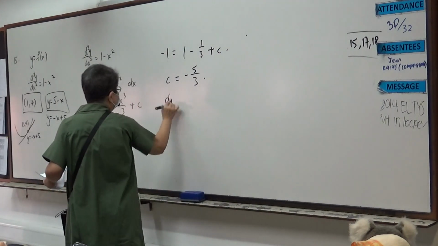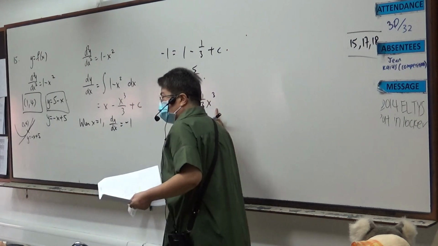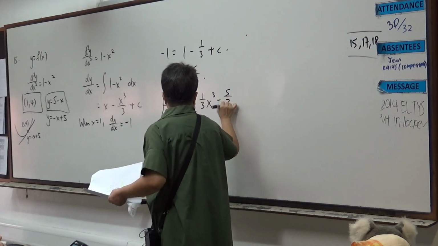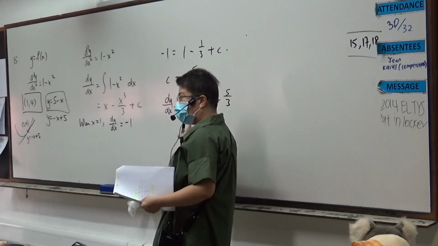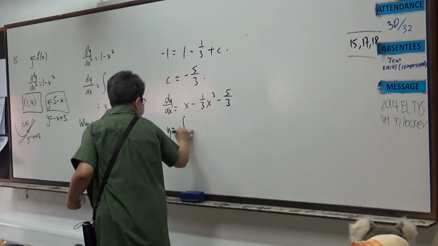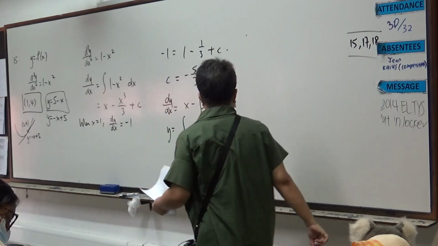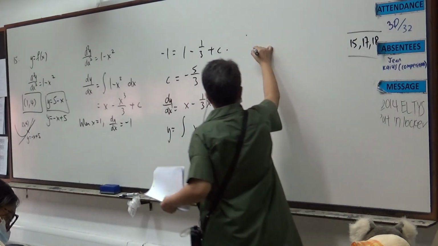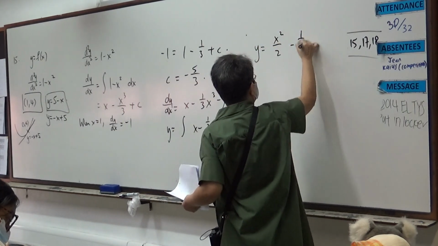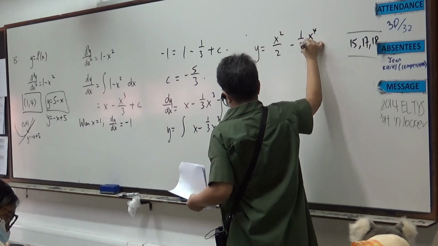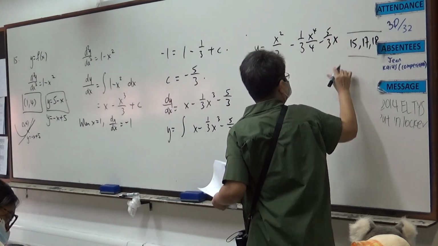So, we know dy/dx is x minus, now this is the same as 1/3 x cubed, then minus 5 over 3, right? My aim is to find what? y. So I integrate this again, right? So y will be the integration of this. Agree, class? Which means it will be x squared over 2 minus 1/3 x to the 4 over 4, right? Okay? Minus 5 over 3x